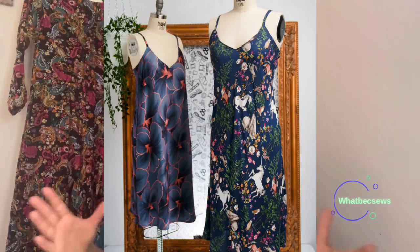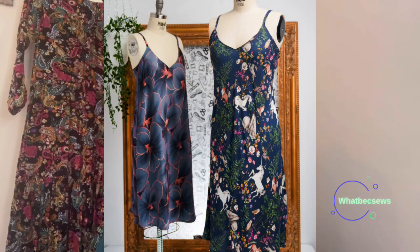So when I was looking for a bias cut slip style dress, I came across the Hana dress. It's the Hana bias cut dress from Mood Patterns. And I really like the way that this looks, and it looks fairly simple to sew up. Now, I haven't made this, so I don't know, but I had a quick look, and there are a few